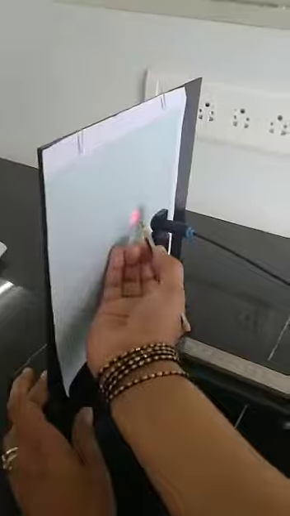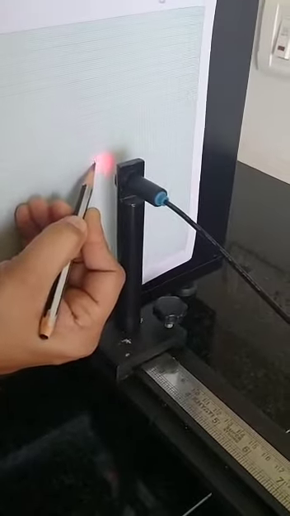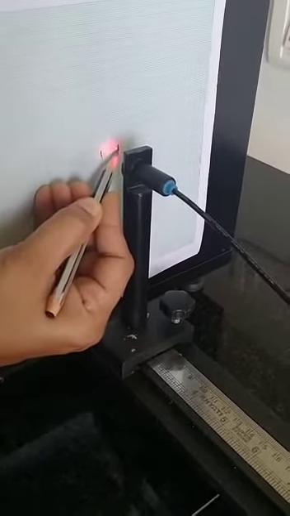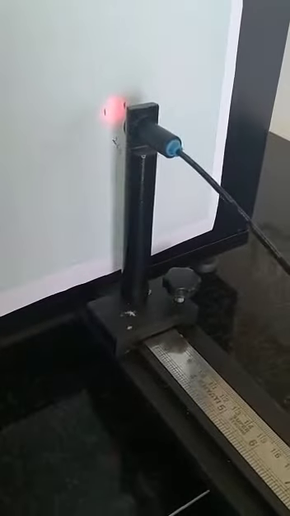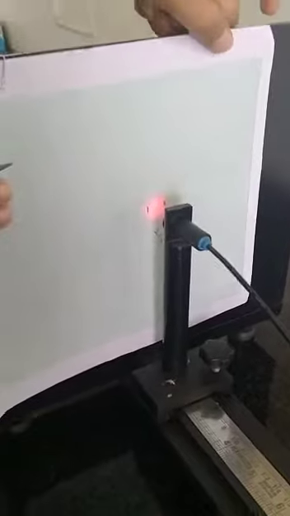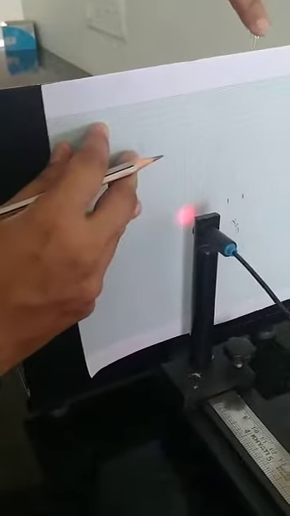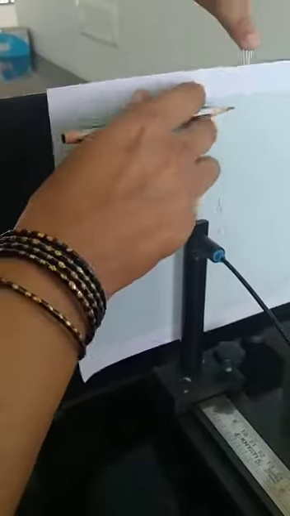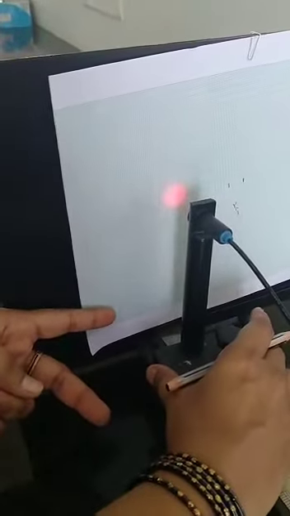You can see the spot here. You are measuring the diameter. So this is for 2 centimeters. For the next trial, you just move your graph sheet on the screen to one side, and you lock the graph on the screen, so that for the second reading the distance is 3 centimeters.